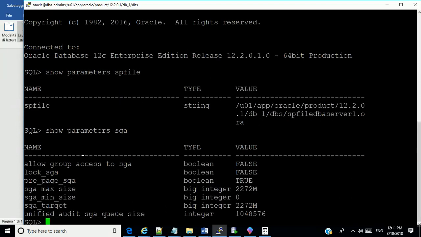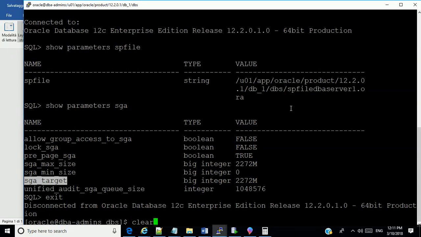Let us try to modify this stuff here. Let me get out of here so I have it clearer.